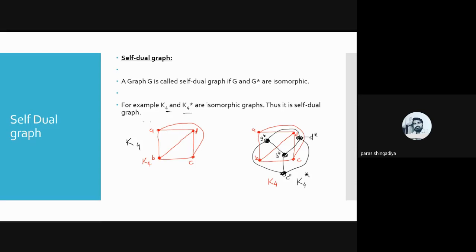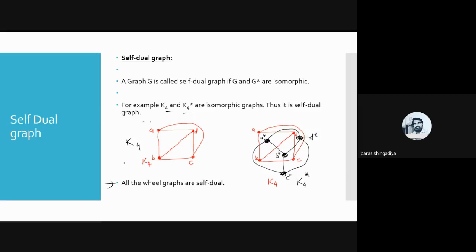So let us say this vertex is the image of A, that is A star, and then after the 3 connections from A, let us say B star, C star and D star, okay, which also have degree 3. So they are now isomorphic. So we can say both graphs are self dual graphs. And there is one result for self dual graphs, okay, all wheel graphs are self dual graphs.